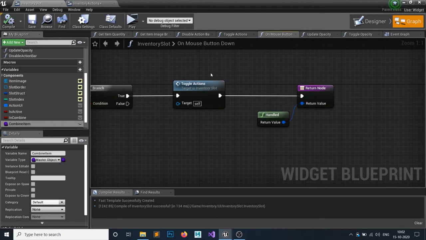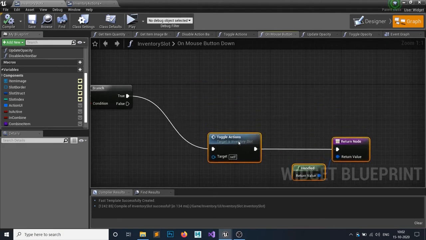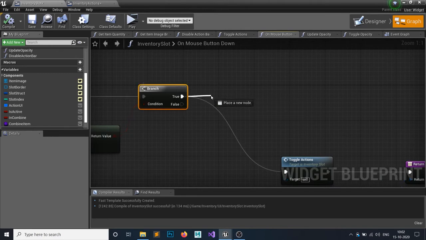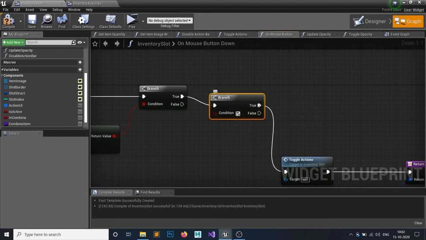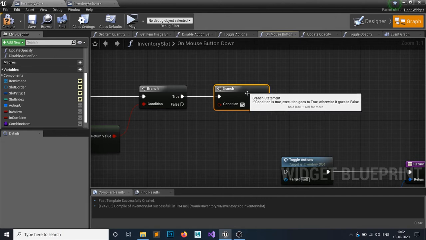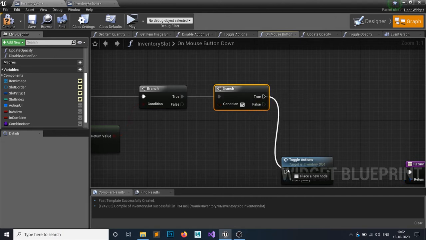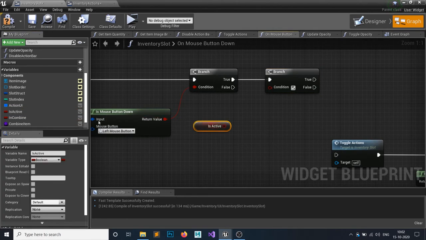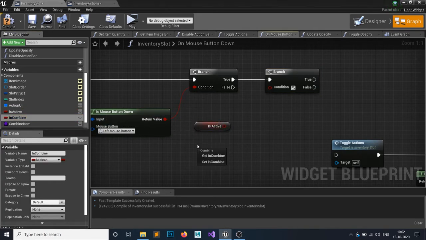So make some room here. We want to check first, so hit branch, just remove this. How to remove this? If you click on this while holding down the alt key, then you can break these lines. What we want to check is if it's active, and also if it's in combine mode.